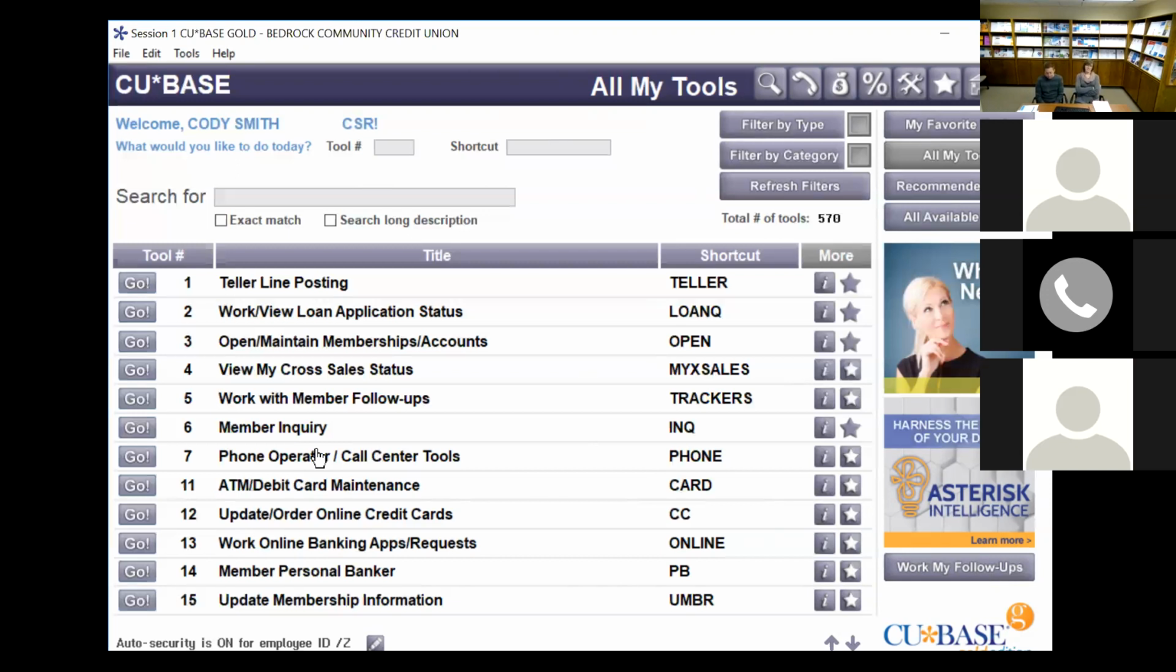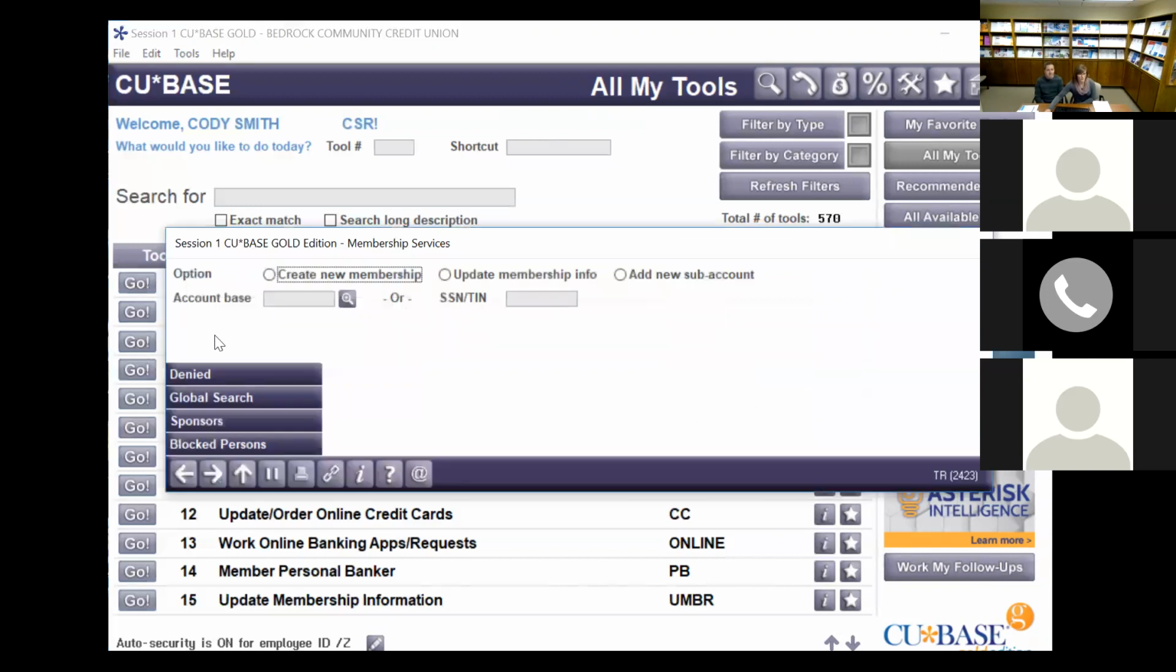So another frequent question that you may have is, what if the member that walks through your door does not have a Social Security number? Let's say they might be a foreign citizen. What do you do in that instance? Well, in the open maintain membership account in 3, what you would do in this instance is a global search, because in order to have an account here,